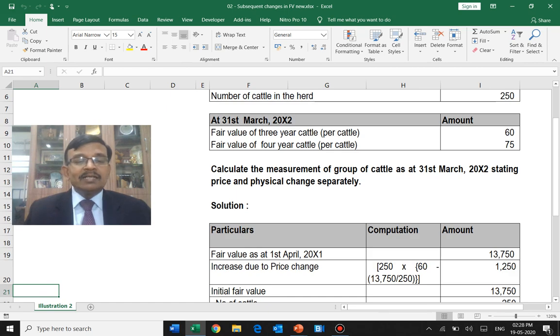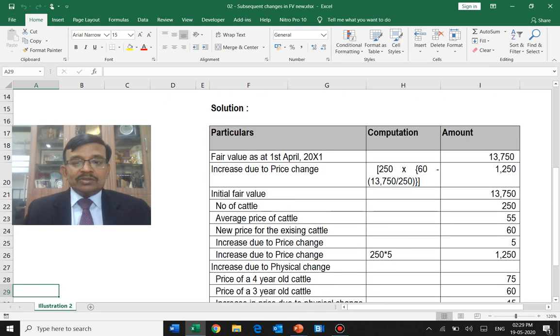What I am trying to do is that at the initial measurement, the fair value recognized is 13,750 and the 13,750 is for 250 items. So per item is 13,750 divided by 250. That is your fair value less cost to sell, because cost to sell is not there. We consider that as a fair value less cost to sell. Subsequent measurement, what it says is that the fair value of 3-year cattle is 60 rupees. The fair value of 4-year cattle is 75 rupees. How you will recognize on 31st March